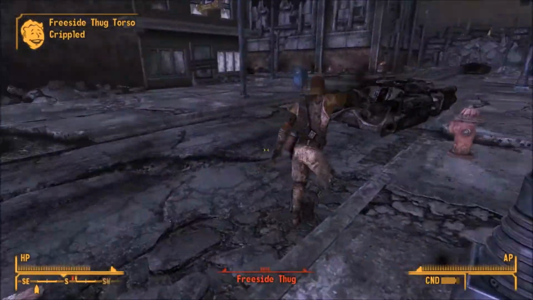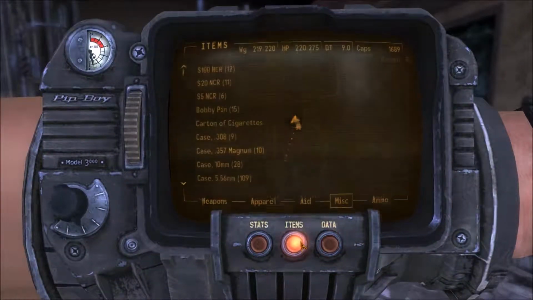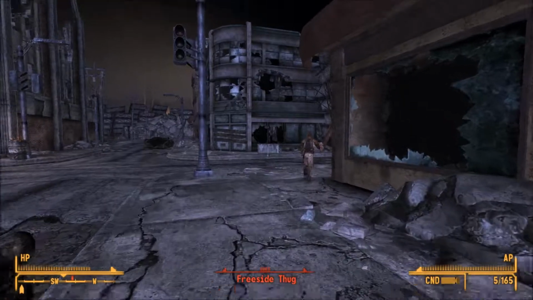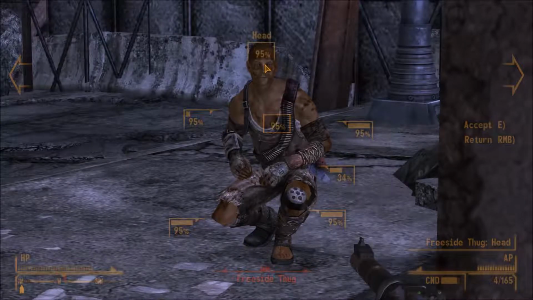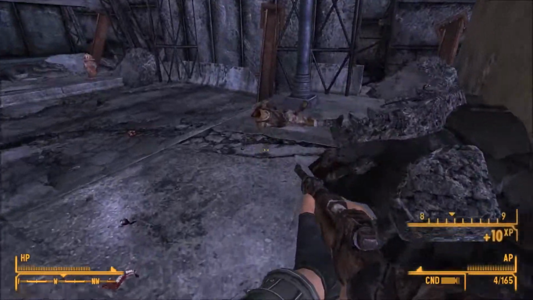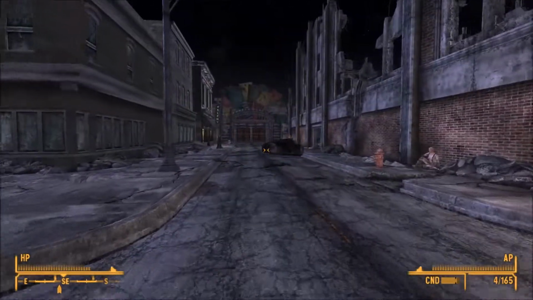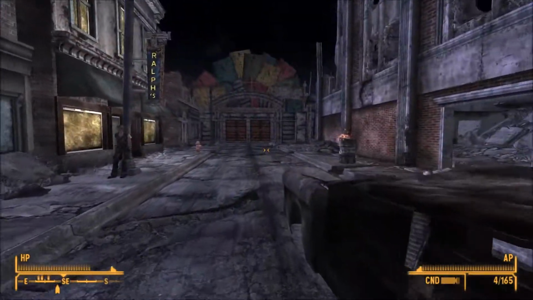Say, VATS in 4 is a lot less forgiving. It's a lot more likely to just take my shots until they get into close range in 4. But